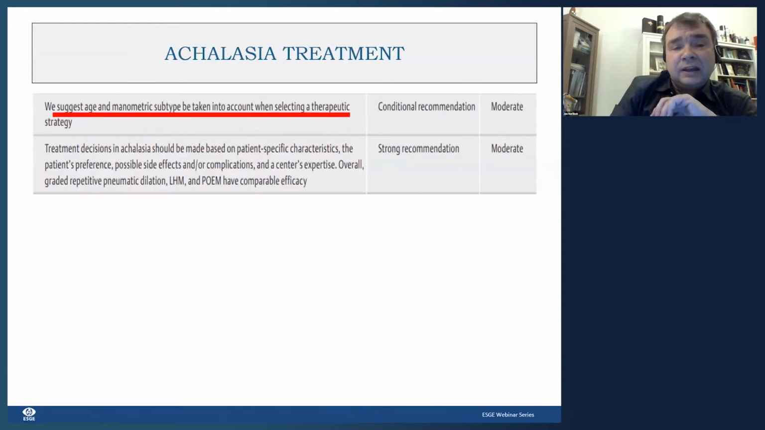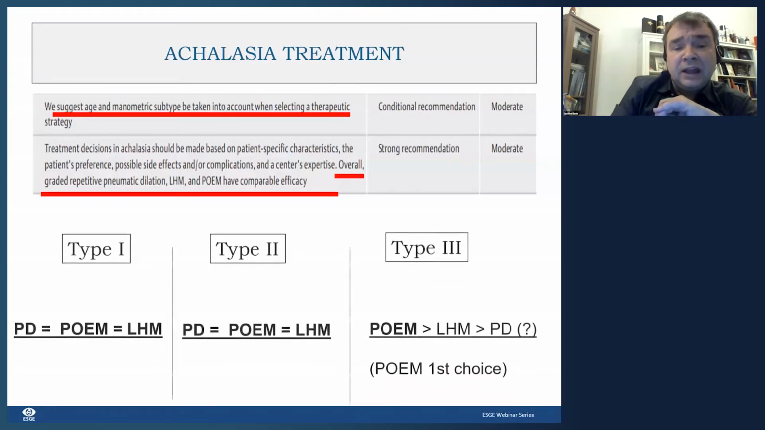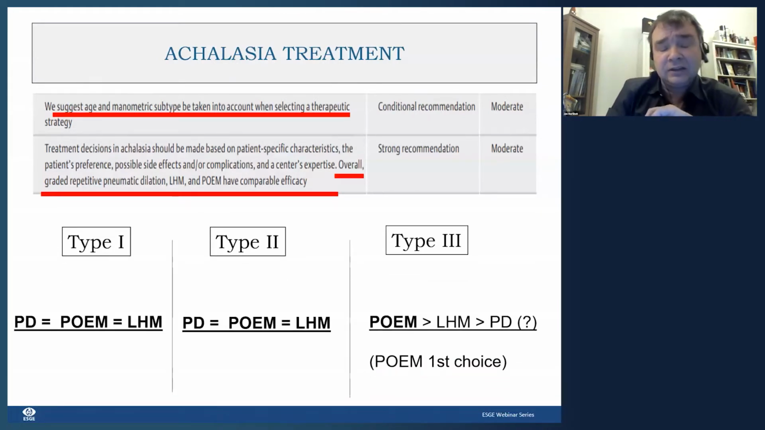Also, the guidelines say that we suggest age and manometric subtype should be taken into account when selecting a therapeutic strategy. Overall, graded pneumatic dilation, laparoscopic myotomy, and POEM all have comparable efficacy. If I take it simple, we can generalize that for type 1, PD, POEM, and laparoscopic myotomy all are acceptable and comparable treatment options